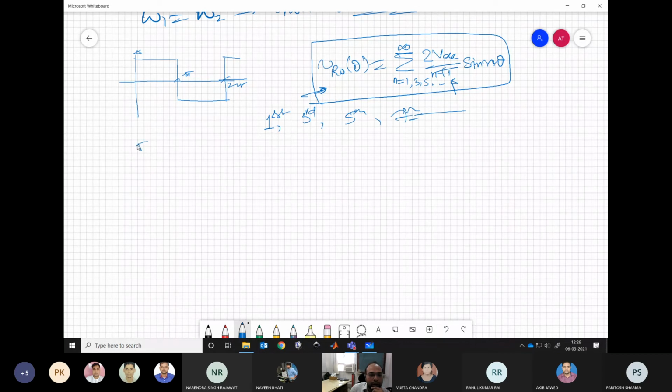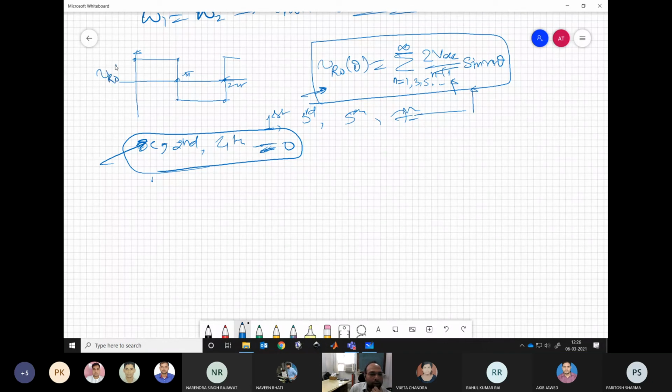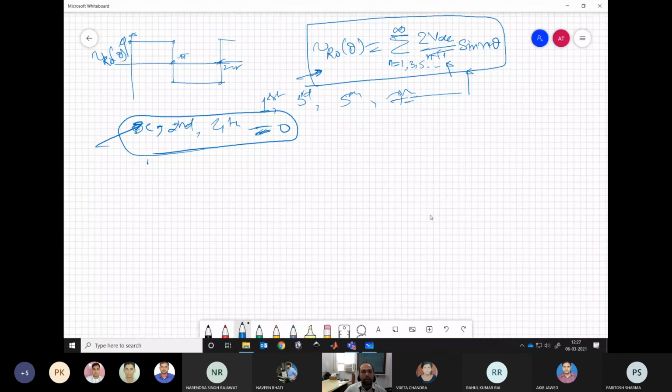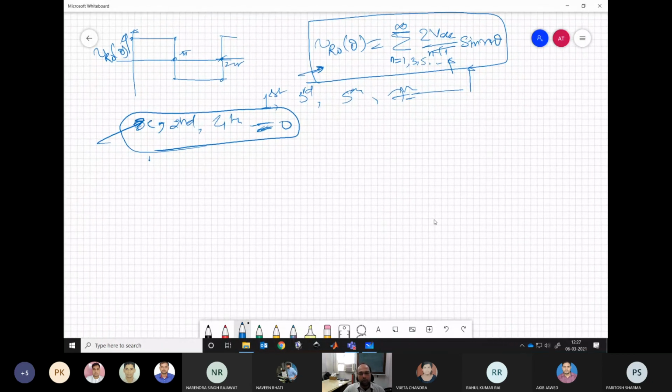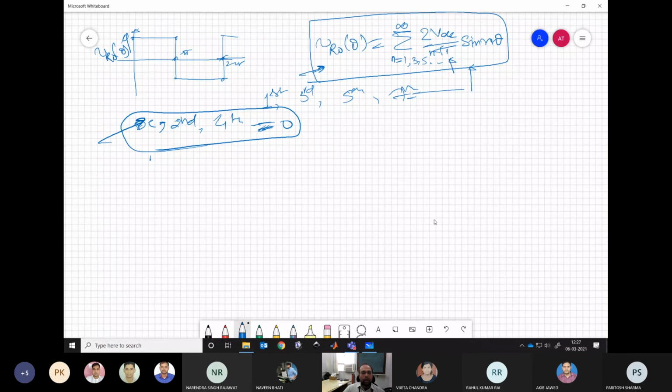So we do not have any DC component or second harmonic or fourth harmonic. All these harmonics are 0. Why? Because this waveform actually doesn't contain them. Now why and how that is happening, we'll see a little later. But as of now, this is what is coming out in the 6-step operation. So you can do some more exercise on this on your own. You will understand how the Fourier series is calculated, and you may try to get these expressions on your own.